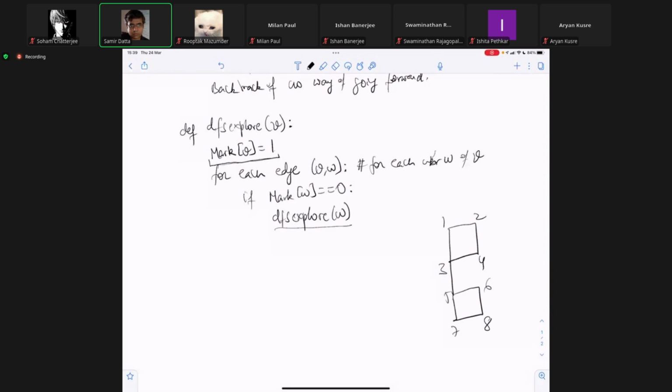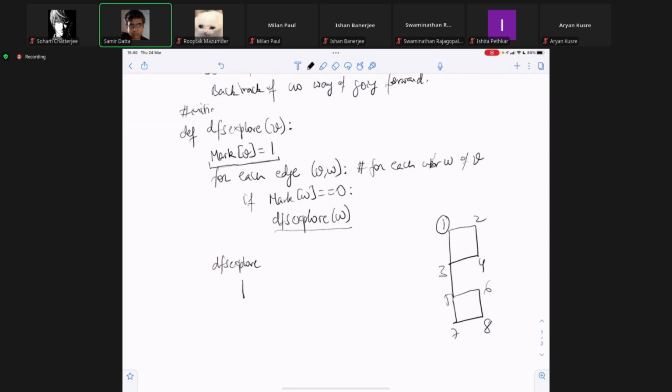So what would you do? First you would mark. Suppose you start from 1, correct? So you call DFS explore 1. Everything is unmarked initially, so I should say: initialize mark equal to 0 for all p, correct? That initialization is done. So first you would DFS explore V, that would in turn